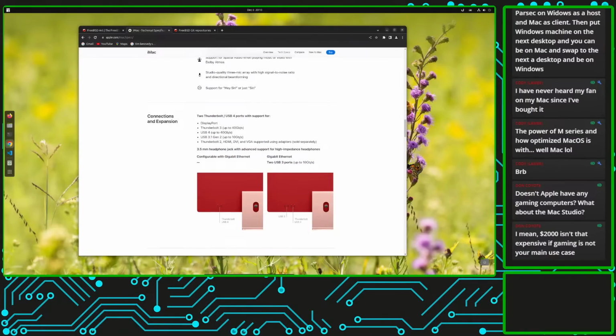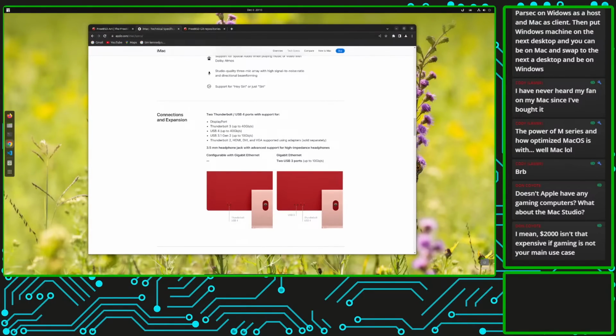I went home. I unpacked it. And I was like, this is a small little sucker. Anyway. Plugged it into my monitor. Set it up. Booted it up. Connected my peripherals. And did all of that fucking shit. And when I got into macOS, done with all the setting up,